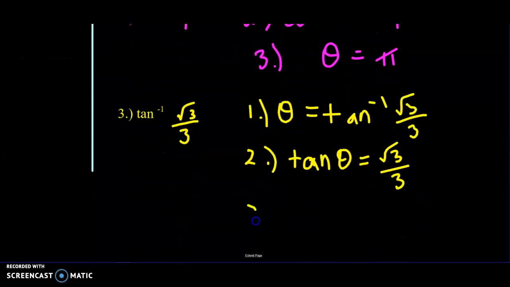So step 3, look at the table. And we found that theta equals pi over 6. Okay? Make sure you write down the table. Hopefully that helps, and now you should do your homework and it should be pretty